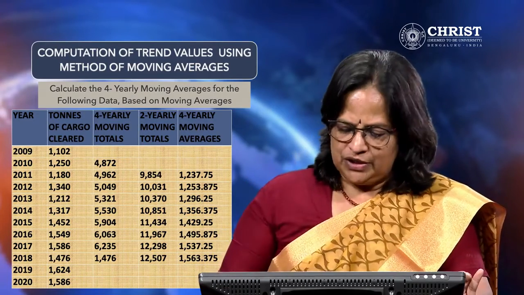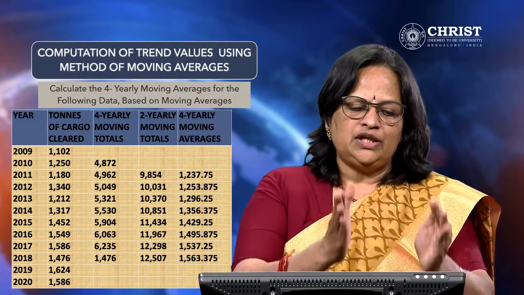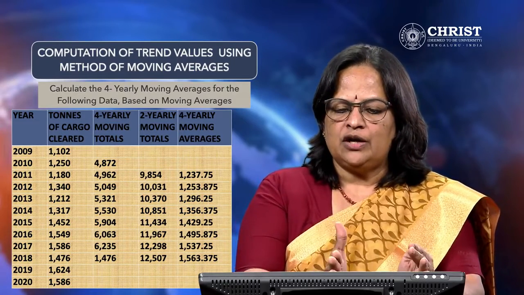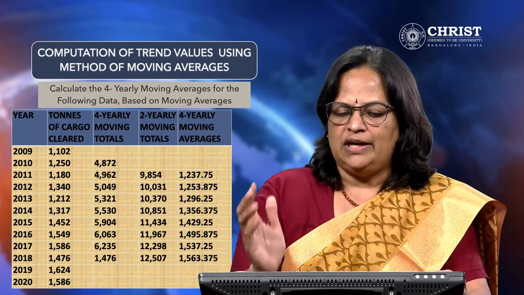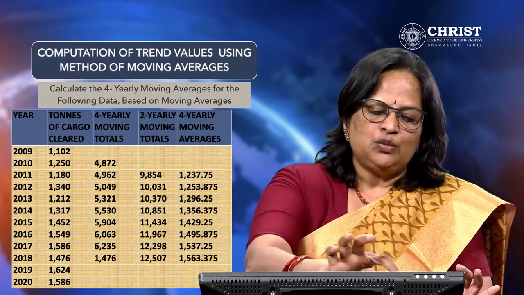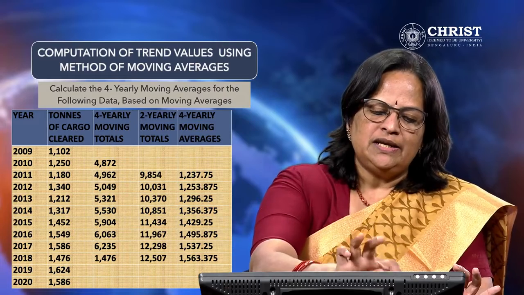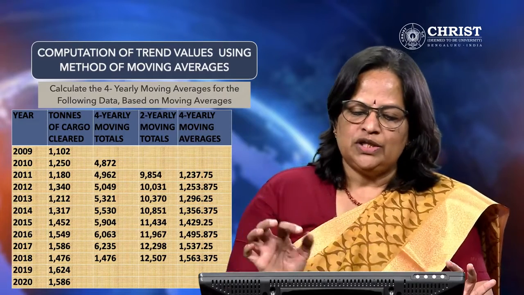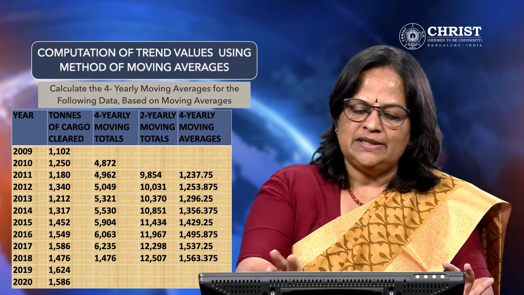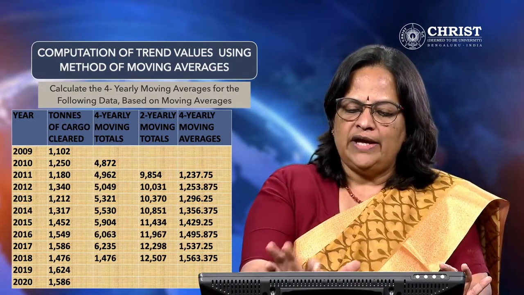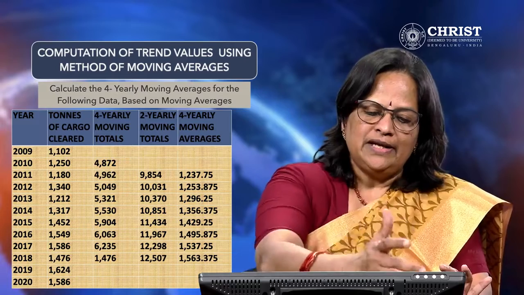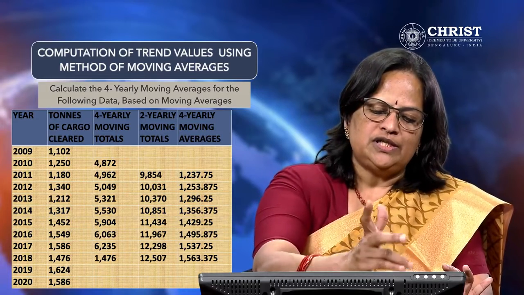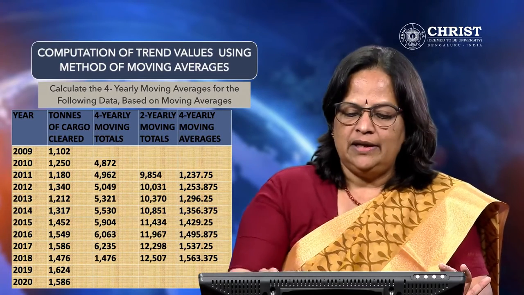This is the computation. Now you see the columns: year, tons of cargo cleared, 4 yearly moving total, 2 yearly moving total and 4 yearly moving averages. See the first one, you have to remember 2009, 10, 11 and 12. These values are totalled and you are writing against the second year and third year. 4872. The next total will be: leave 2009 and take the next 4 values 2010, 11, 12 and 13. That is how you will get